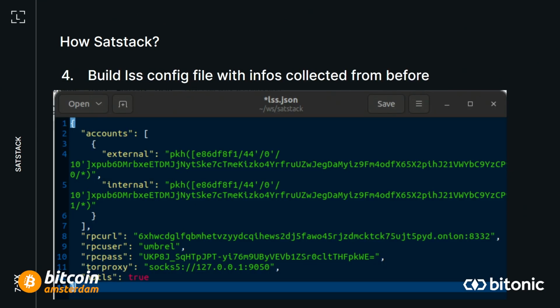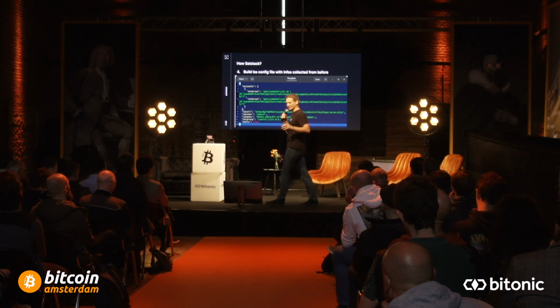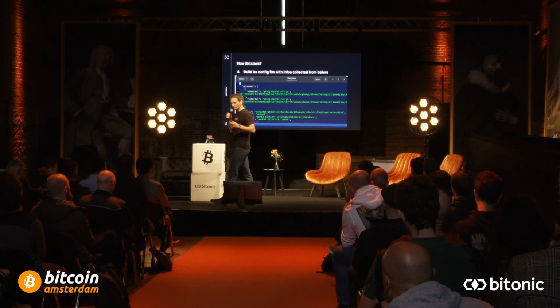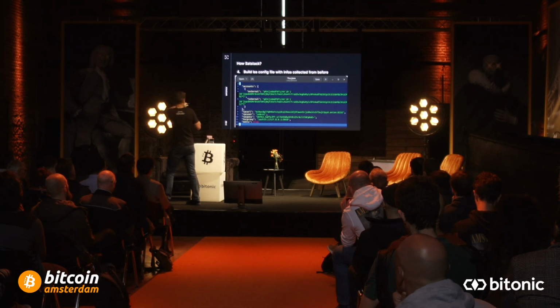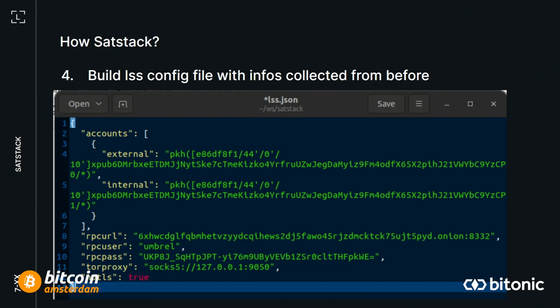And basically what we do is copy-paste. So we copy-paste the information that we had in the previous screen, and we put it in a JSON file, so with some formatting, but this is all well explained on the website. You won't have to guess the format and where to paste it. But as you can see, this is a very simple copy-paste. We take the XPub, we take the URL, we take the user, we take the password, and the two last lines are